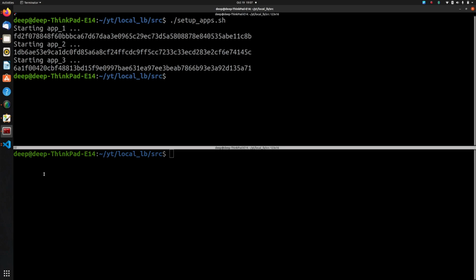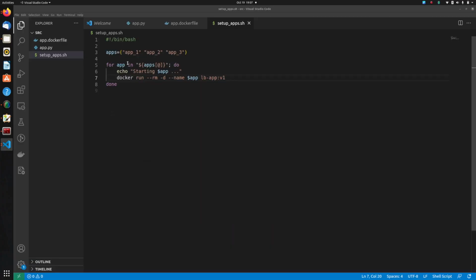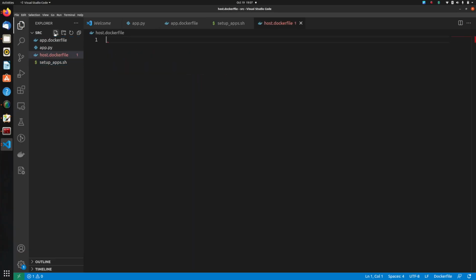Again, the reason I'm writing this script, so I'll push it to GitHub so that you all can also run this experiment on your local. It's more like a lab setup. And now I'm going to create a new Dockerfile which is going to act as the client machine or the client host, which we will also try to convert into a LB for these 3 upstream apps. So let's do that, and I'll call it host.dockerfile. I could have called it lb.dockerfile, but then again, that host is not just an LB, right?